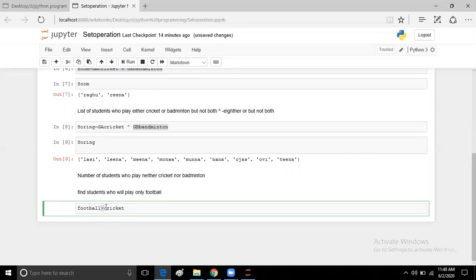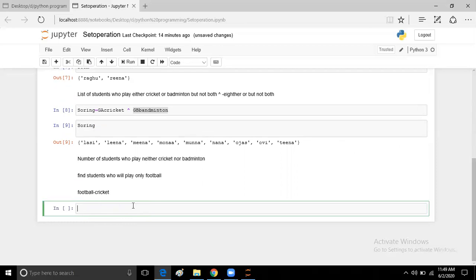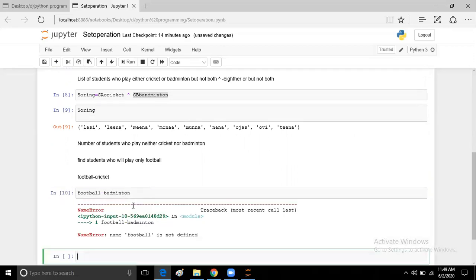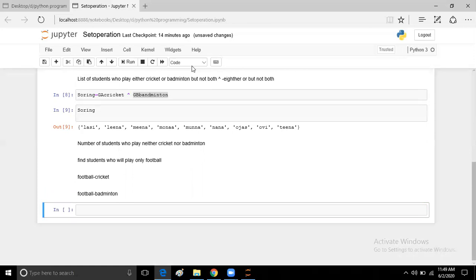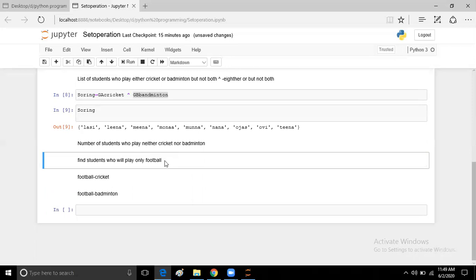If yes, then we have to remove the person who plays football as well as cricket from our football group. In the same way, we have to check for students who play football as well as badminton. If so, we have to remove those students also, so that we get only the students who play football.